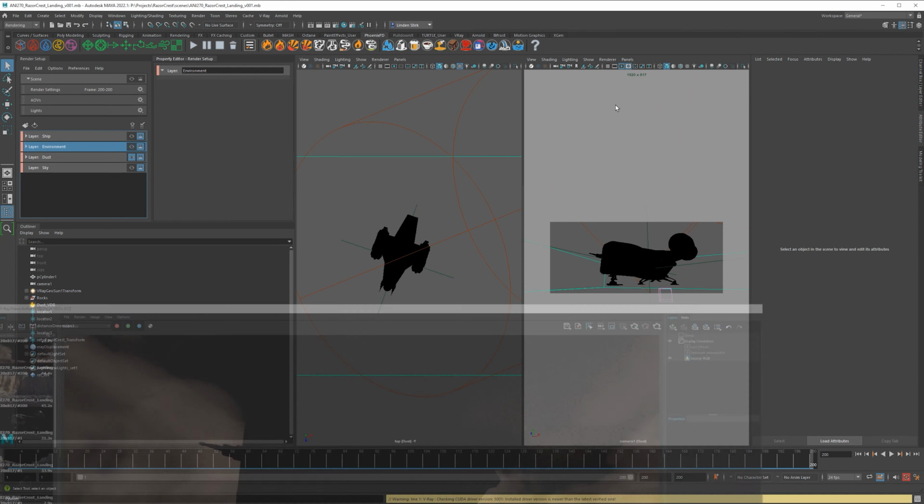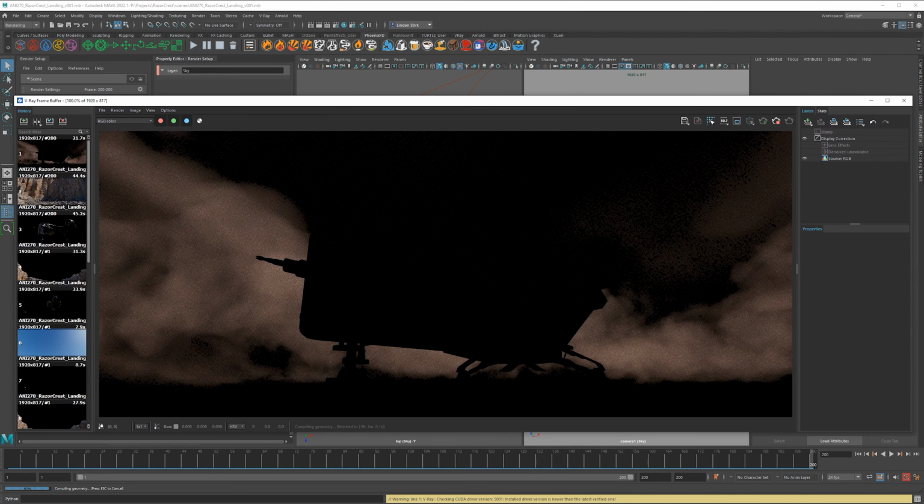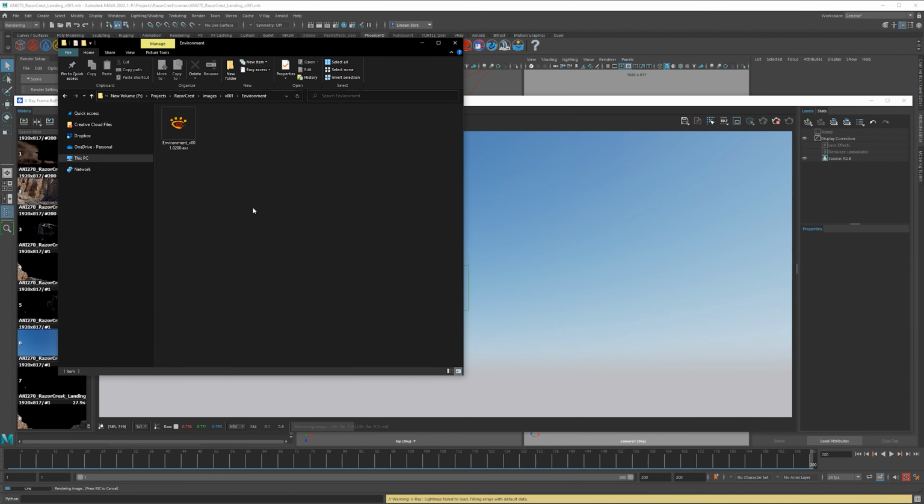And then we'll do the next one here, which is the sky. That hopefully will be pretty quick. And if you don't have any view selected, it'll ask which camera you wanted. You've got to click the right one. If we back out here, you can see that the dust was created right there, and the sky folder is being created. And as soon as that's done, there's your sky.